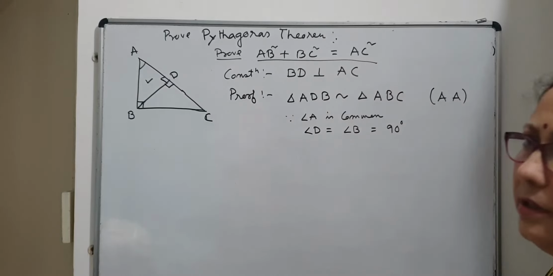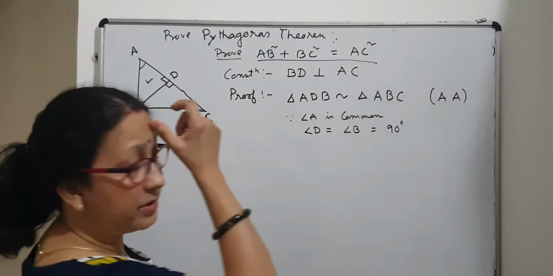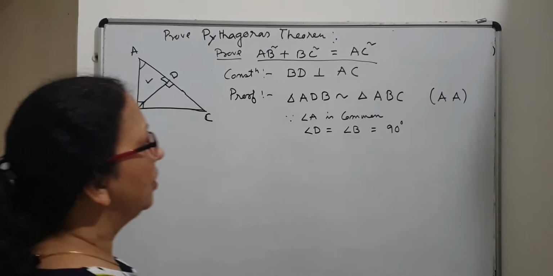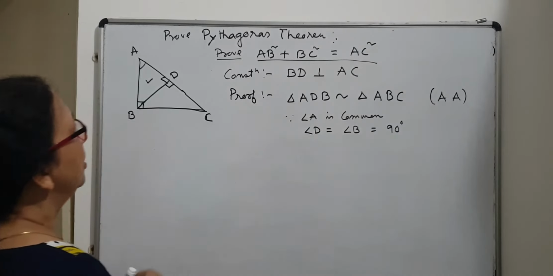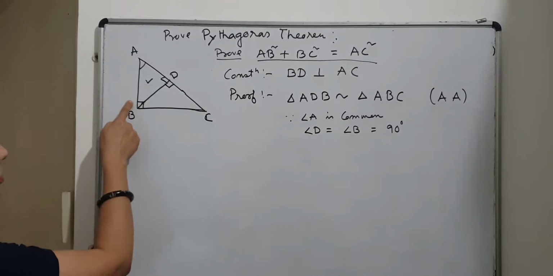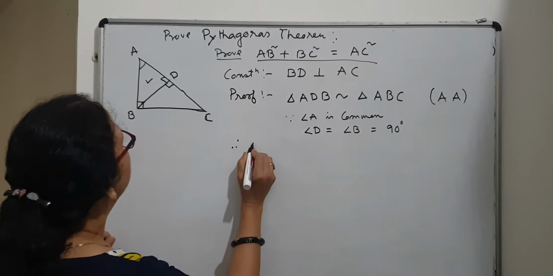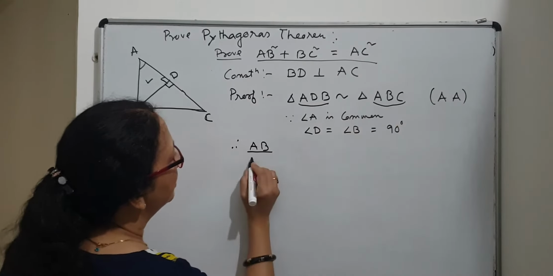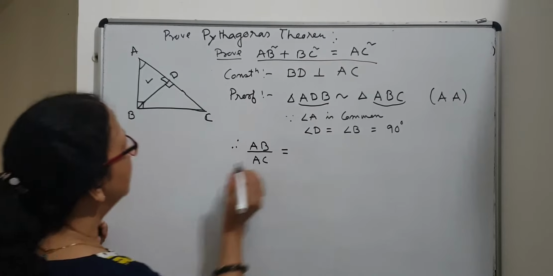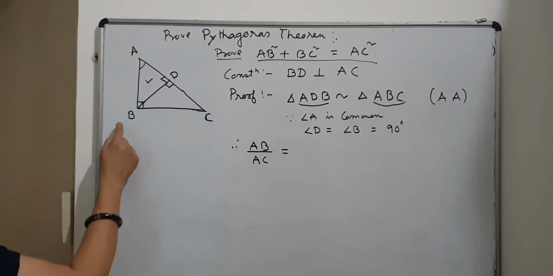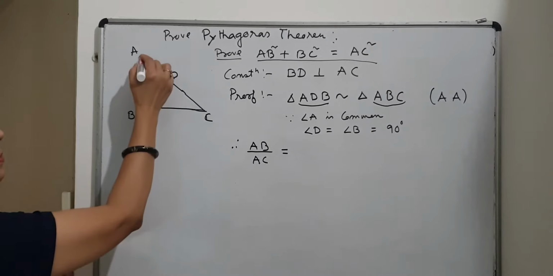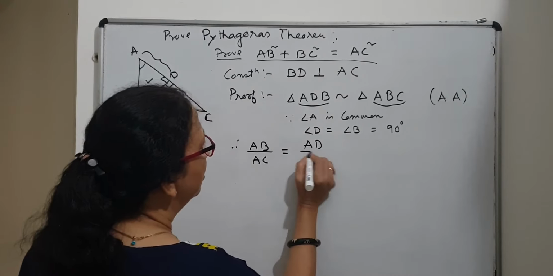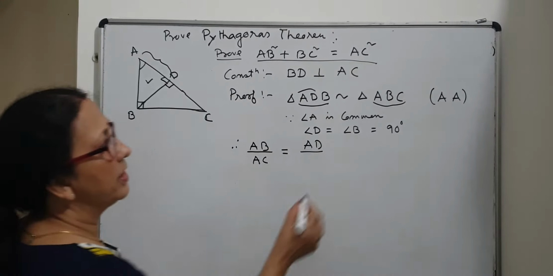Okay, so after that, when they are similar, their corresponding sides should be proportional. So which sides should we take? We will be taking the ratio of their hypotenuses. In the triangle ADB, AB is the hypotenuse, so I will take AB, and the hypotenuse of the big triangle is AC. This will be equal to, then which side should I take in the triangle ADB? Remember, you don't take BD. We will be taking the part of the hypotenuse. This is AD I will be taking. So when I have taken AD, I have to take AB.